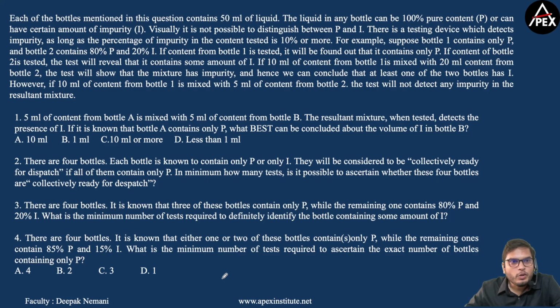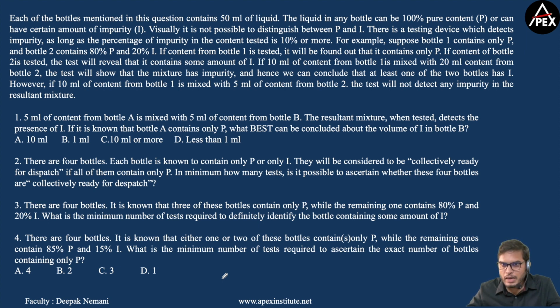Now coming to set 2. Each of the bottles mentioned in this question contains 50 ml of liquid. The liquid in any bottle can be 100% pure content or can have a certain amount of impurity. Visually, it is not possible to distinguish between P and I. There is a testing device which detects impurity as long as the percentage of impurity in the content tested is